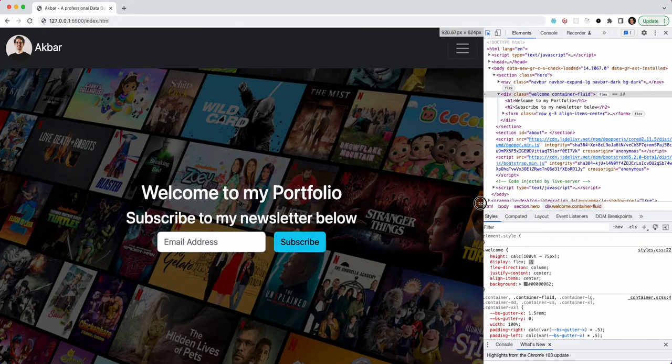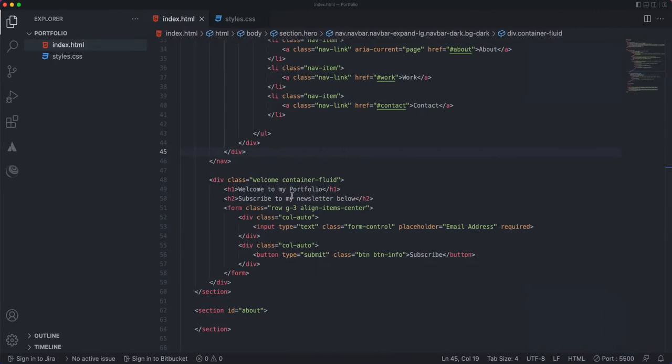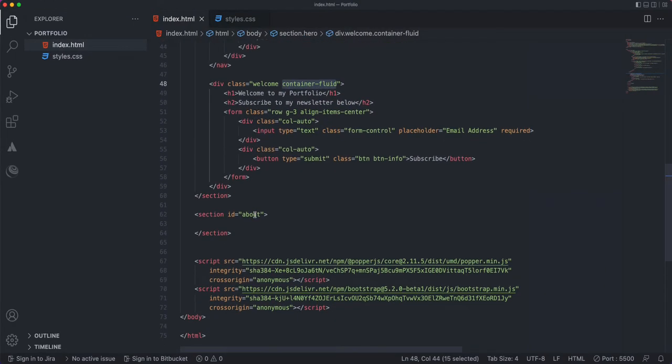Okay, so that's good. We can keep that container fluid over here. And then we're going to do the same thing for our section over here. So we could have added this class, container fluid, for this, but I normally leave my section as it is, and then I add a div element with container